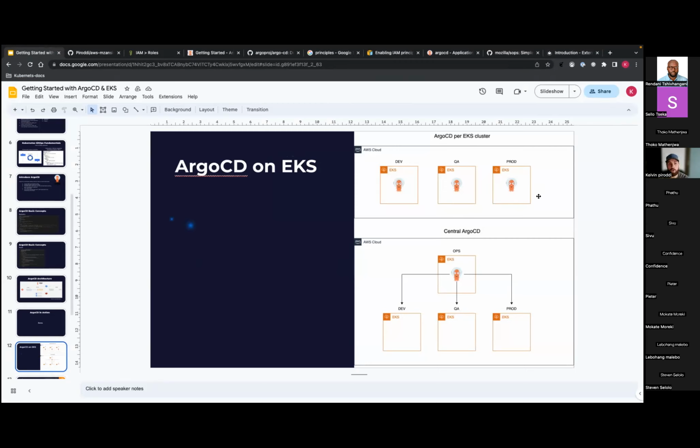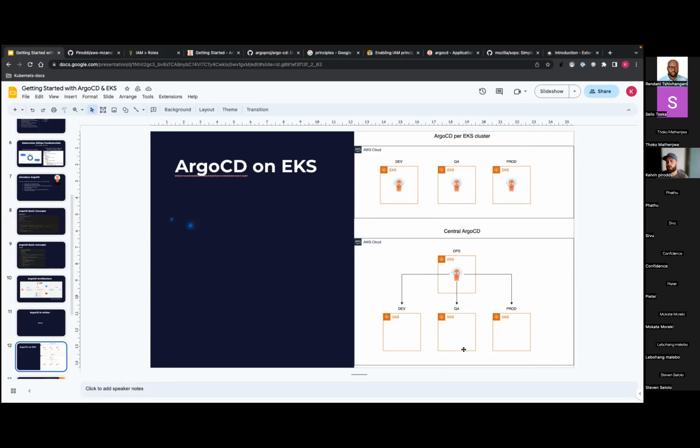Some solutions are to deploy ArgoCD in each one of those clusters. We won't go into the details today, but there's a lot of trade-offs of either solution. Or you could have a single ops Kubernetes cluster, which then manages other clusters. And this ArgoCD deploys into dev, QA, and prod.